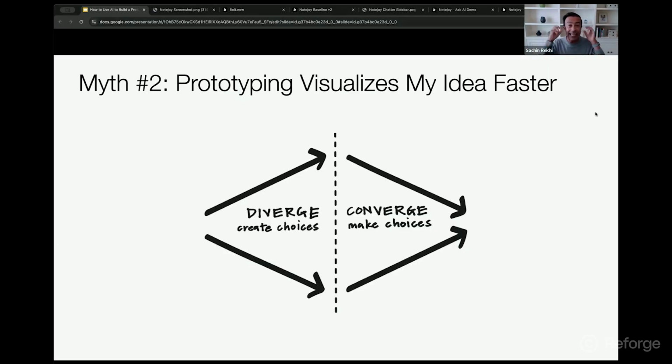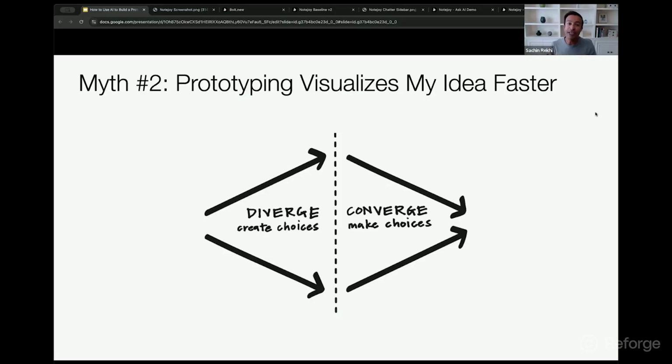And so they're trying to get that specific instantiation of the idea into an actual prototype. Now, you can certainly do that, but man, you are missing a whole value of prototypes if that's all you're doing. I think the key way to use these tools is to diverge before you converge. And what that means is to use it to come up with multiple ideas, multiple directions that you can go in, and then start selecting which direction makes the most sense.